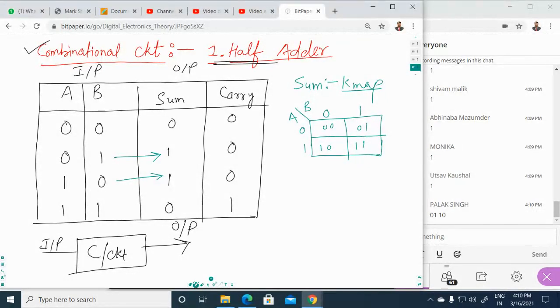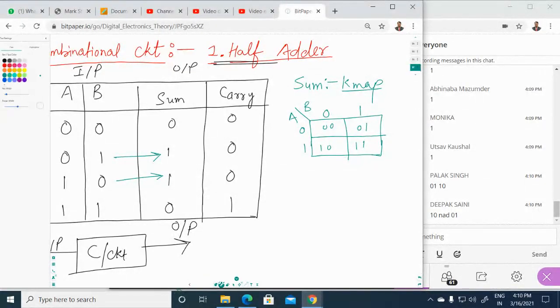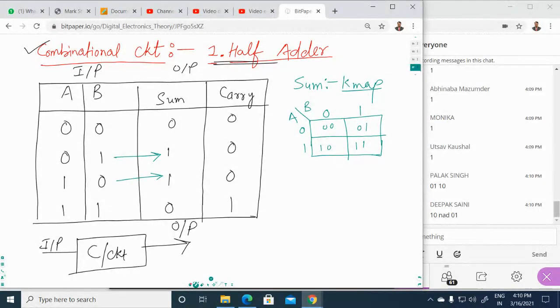Okay, so these one values have to be placed in the K map. Where can we place these values? We can place these values right here. This is the one value, and this is the one value. 0 1 and 1 0. Okay, you have to place these two values right here. Now you have to